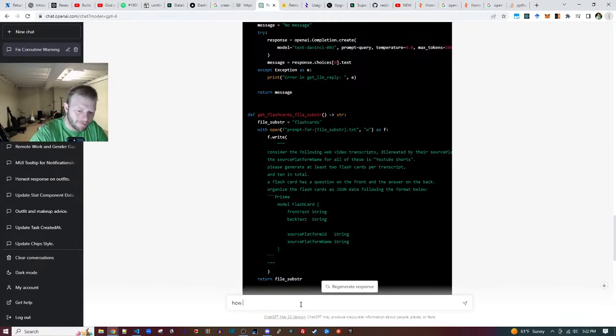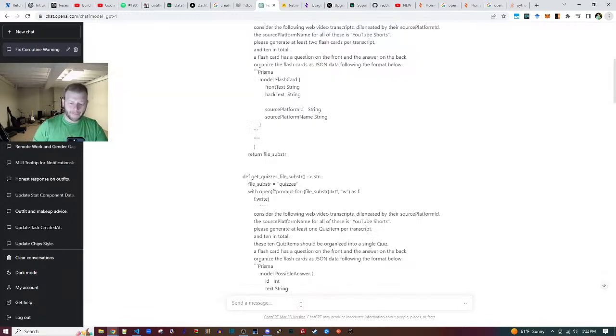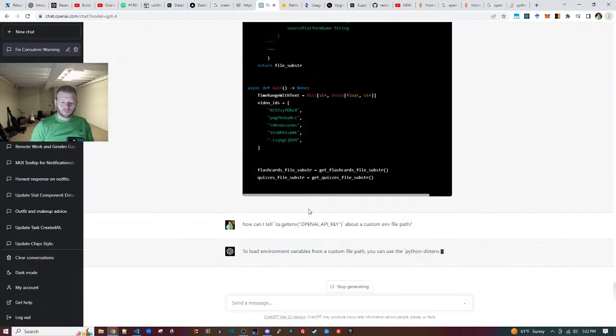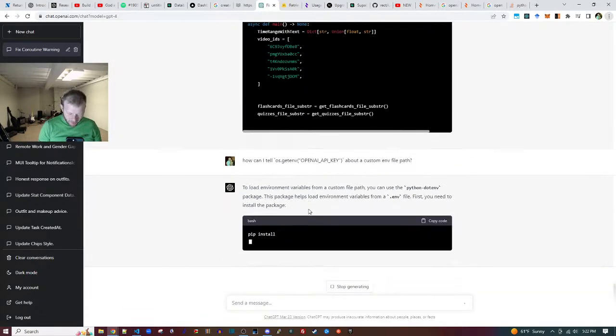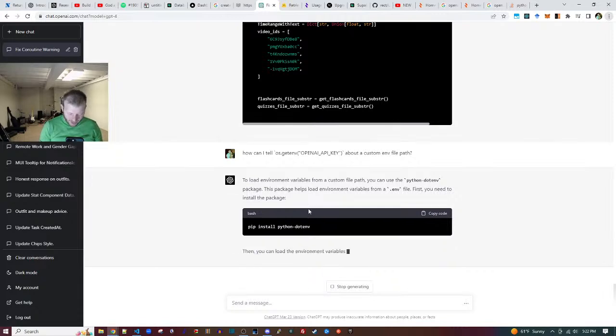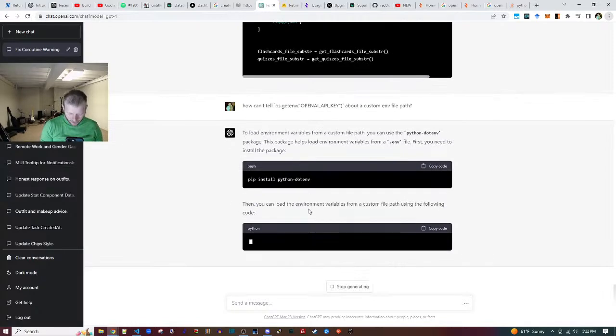How can I tell about a custom env file path? You know about GPT SDK arounds question mark? I don't know what you mean.